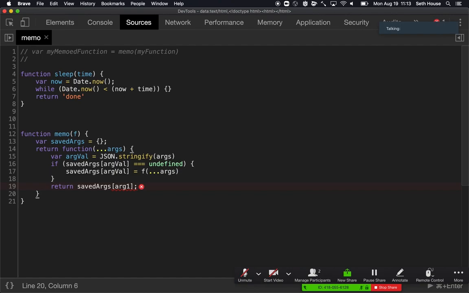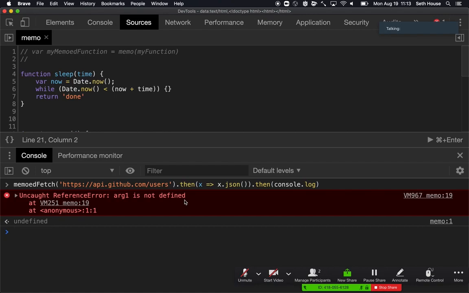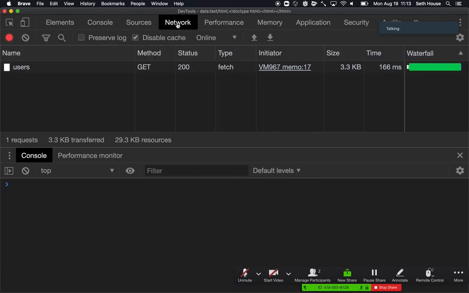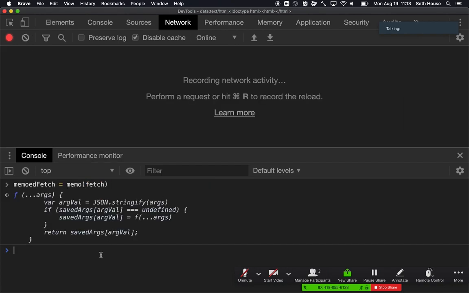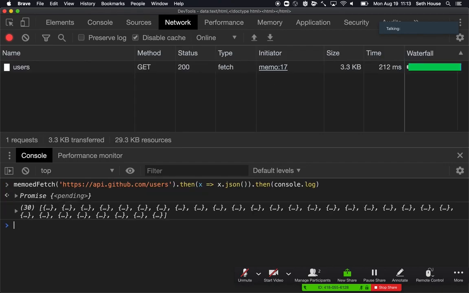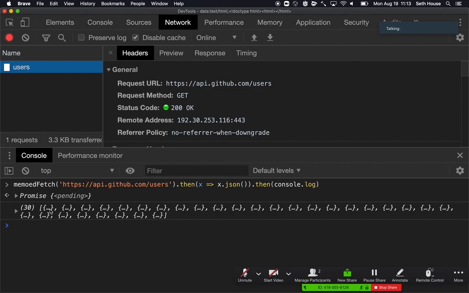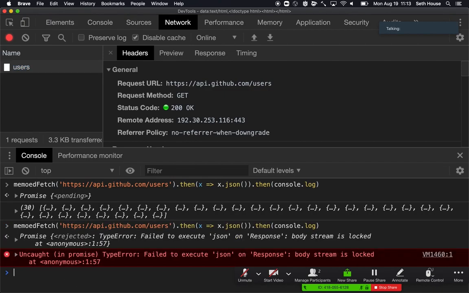There it is. Okay. Trying again. Remote fetch. There we go. So we got the network request. We got the results back. Now if we run this again,